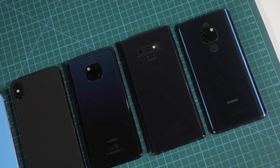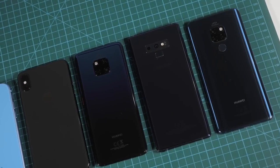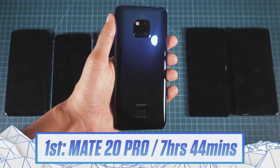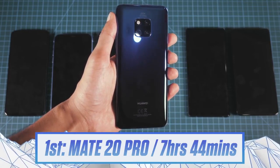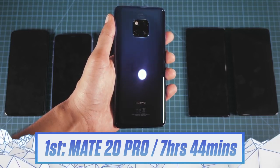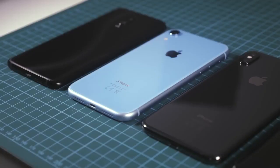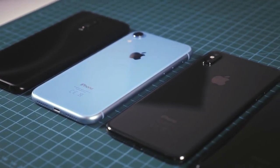If you do set the Note to its maximum resolution, we've done that comparison before, the iPhone XS Max tends to outlast it. And last but not least, the Huawei Mate 20 Pro. 7 hours 44 is how long it ended up lasting, which is, wow, pretty much the best performing battery I've ever seen on a mainline flagship phone. But at the same time, whilst it is ahead of the Note 9, the XS Max and the OnePlus 6T, it's not so far ahead that I would call it in a different league. And all 4 of those phones, as I said, offer very